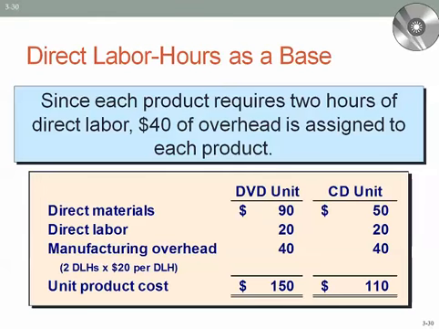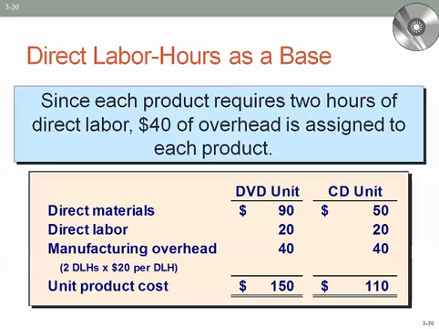Then, in calculating our unit cost for both our DVD and CD units, we'll take our 2 direct labor hours per unit and multiply it by our $20 per hour predetermined overhead rate, and we come up with a manufacturing overhead assigned to each unit of $40 per unit. And we get a total unit cost for our DVD units of $150, and our CD unit cost is $110